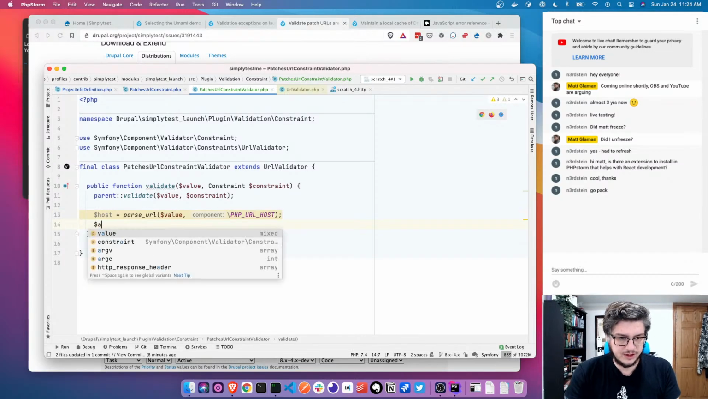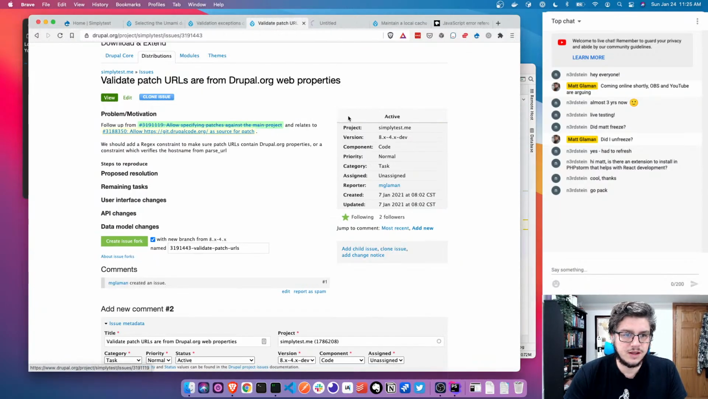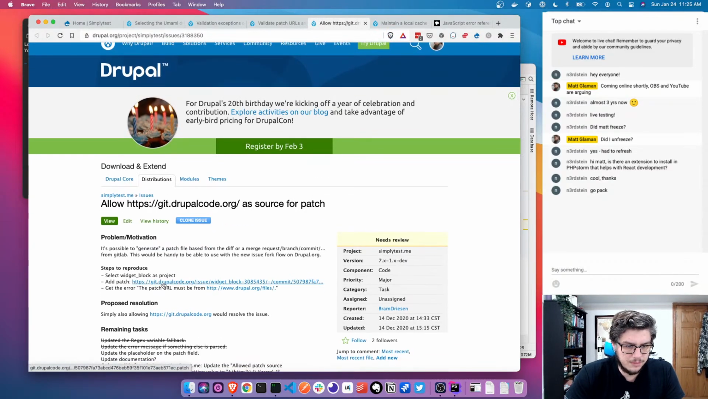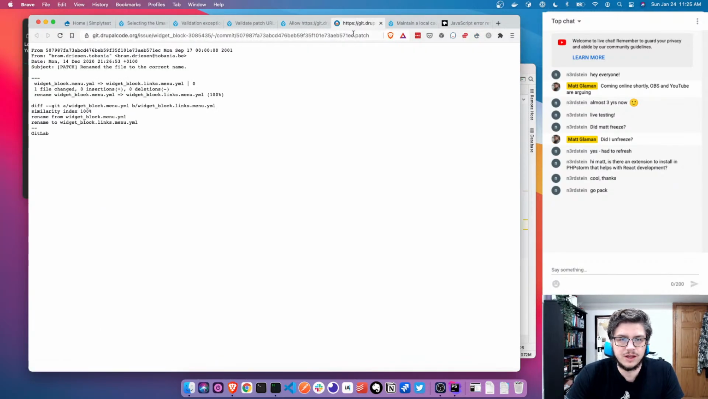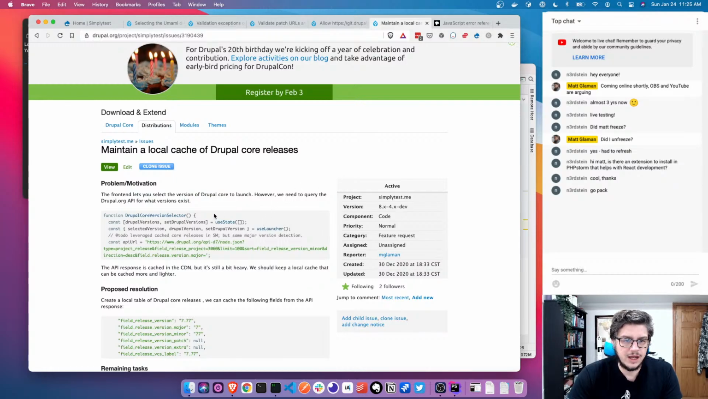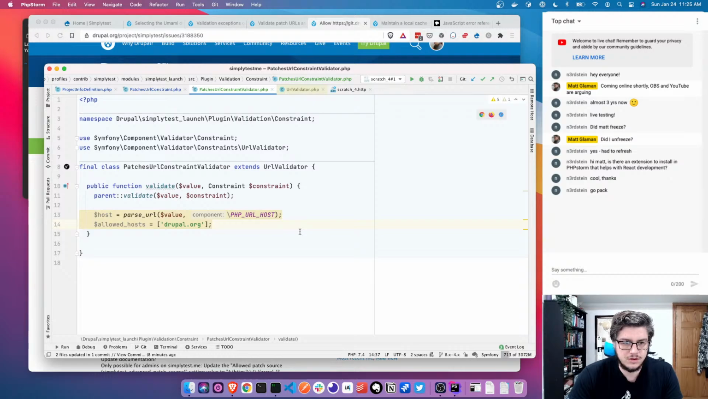I've got the host. We're going to say allowed host equals Drupal.org. And we need to support drupalcode.org. And there's a parent issue for this because you're able to fetch patches through GitLab. So like by adding .patch to a commit, it converts it to a patch. So we want to add that domain name. I think specifically with the subdomain,